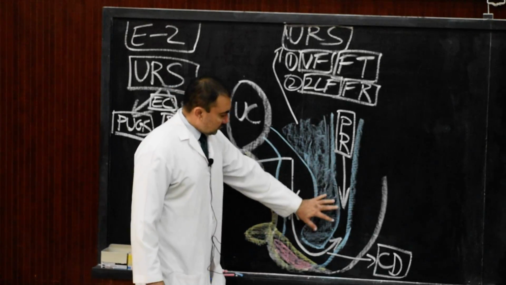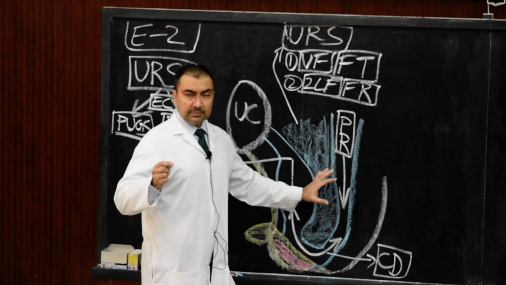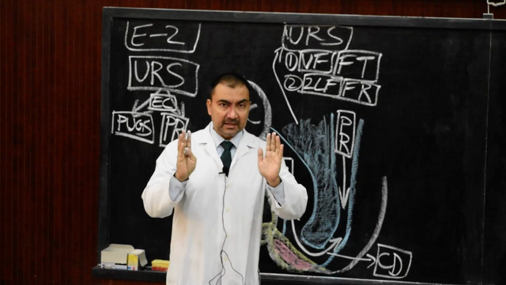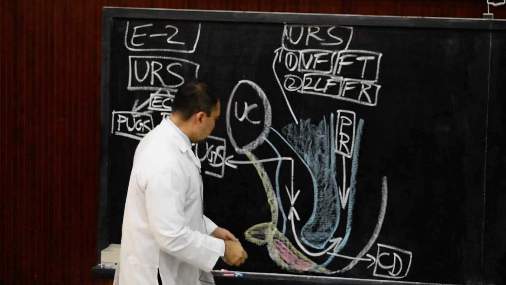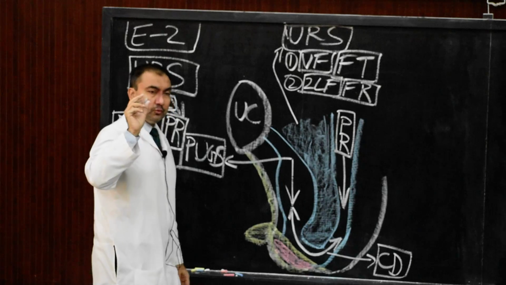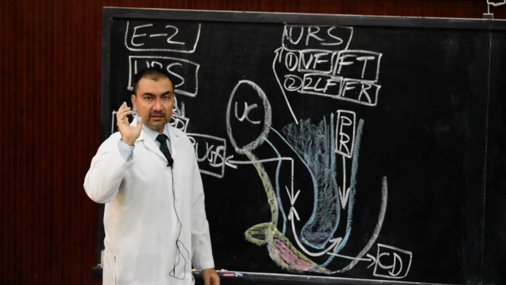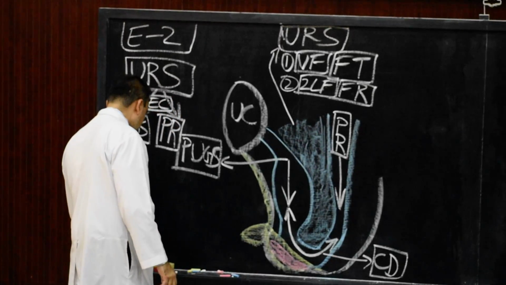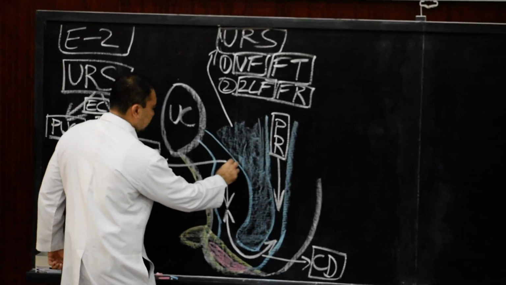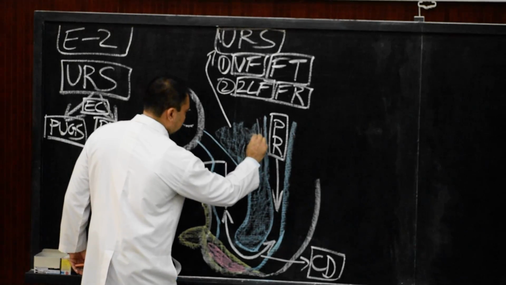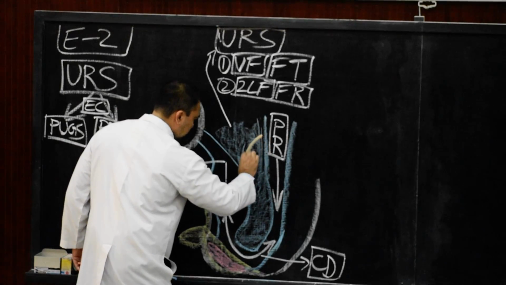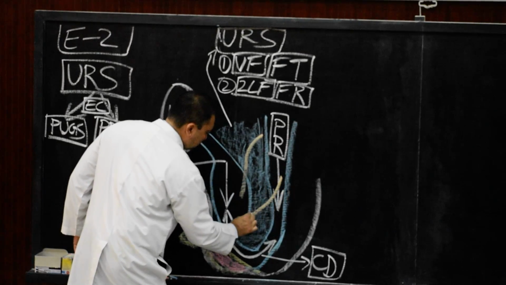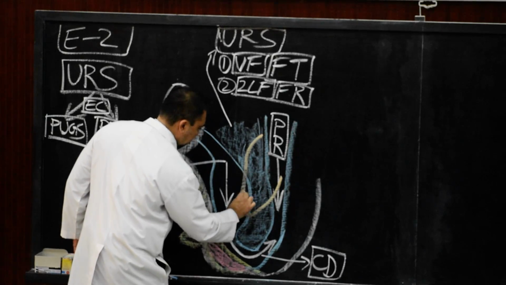Now, coming back to urorectal septum. In the urorectal septum, we have to draw two mesonephric ducts and two paramesonephric ducts. And do not complicate. Be crystal clear. First we shall draw the two mesonephric ducts. The two mesonephric ducts we are going to draw and we are going to show with the orange color. For example, we show the two mesonephric ducts which we draw it like this. They are opening here. These are the two mesonephric ducts.